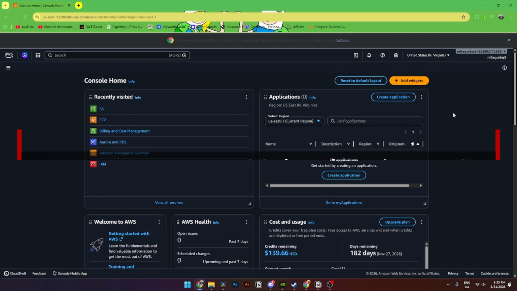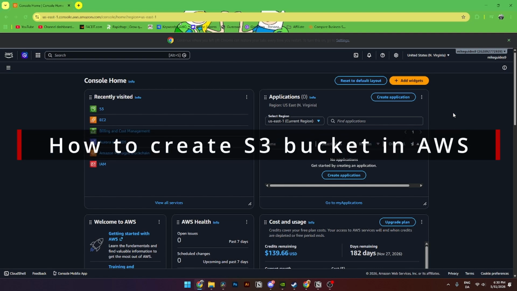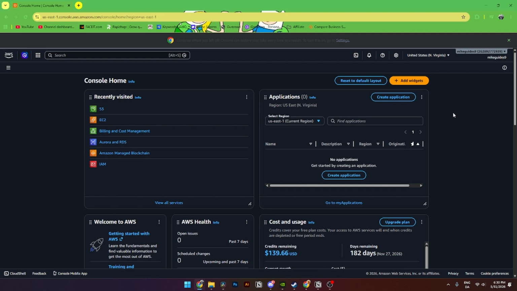In this video, I'll be showing you step by step how to create an S3 bucket inside of AWS. It is super easy to do. So the first thing you need to do is open up your favorite browser, and then from here you'll need